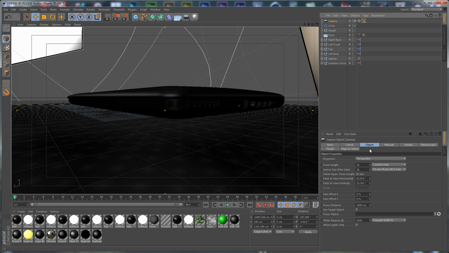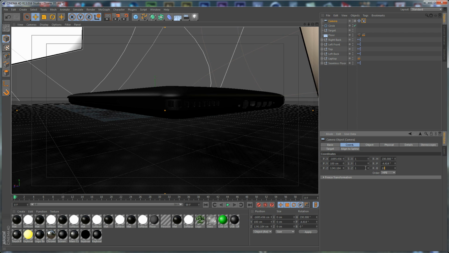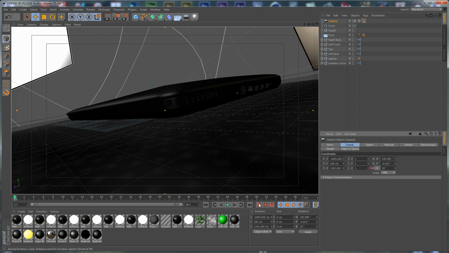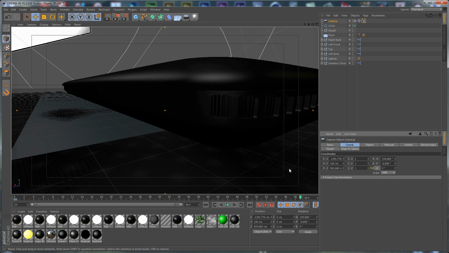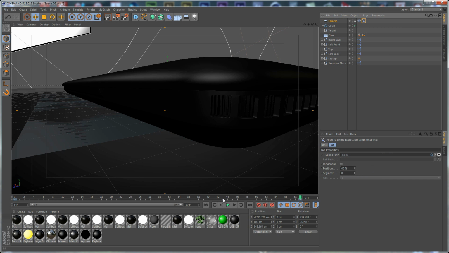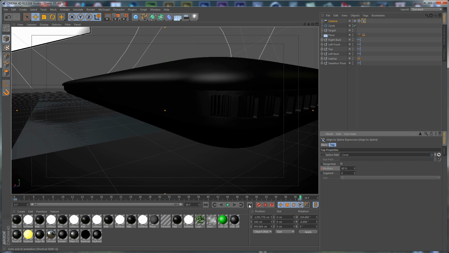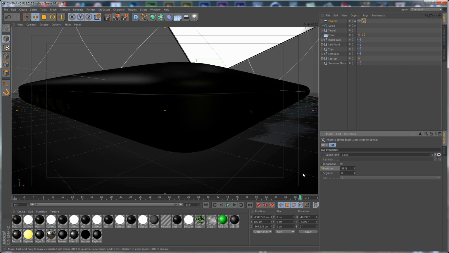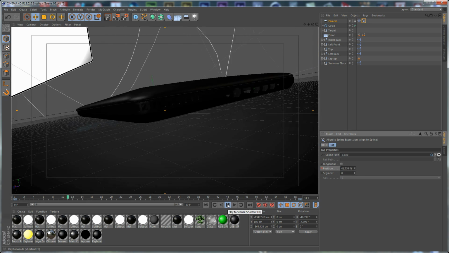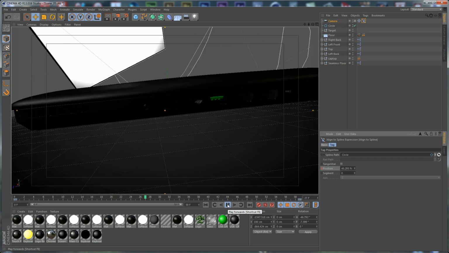So at the first frame we need to set the rotation to 10 here, and at the end we need to set this to 0 and just set another keyframe. And now let's go to the first frame and go to the align to spline tag and set this to like 40 and set a keyframe, and move to the end of the timeline and set this to 59 and set a keyframe. And if you look at our animation, it looks like so far,